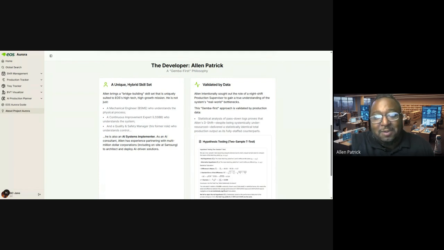I know while having data is important, documentation is critical, but I'm also an AI systems implementer. I have been an AI consultant. I've actually worked with multi-million-dollar corporations, including Samsung, to architect and deploy AI-driven solutions like this right here. One of the things that I wanted to state is that